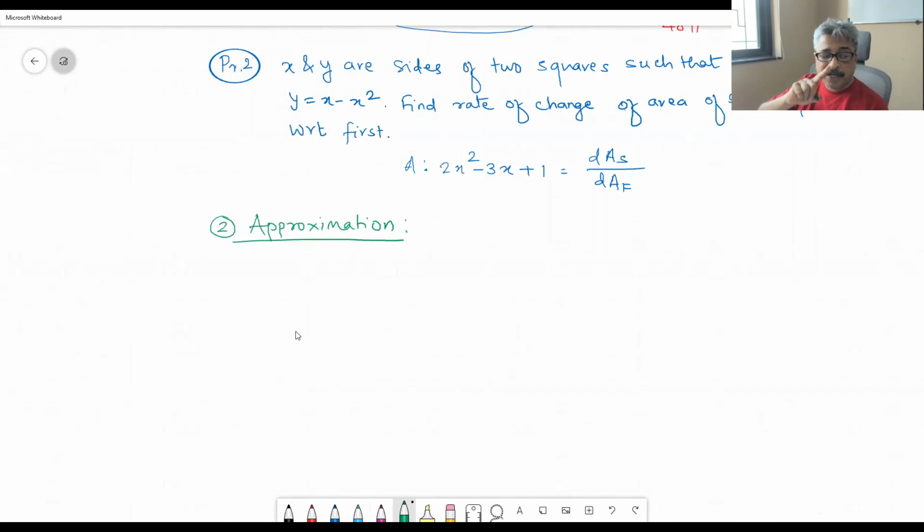This is very important and it is used practically in day-to-day life. The application of differential calculus in approximation is very, very important, because few things which we cannot solve, we can approximate using differential calculus and really get almost accurate values, right?